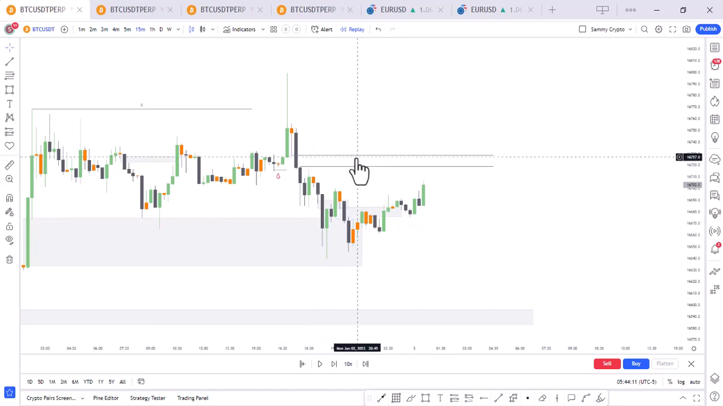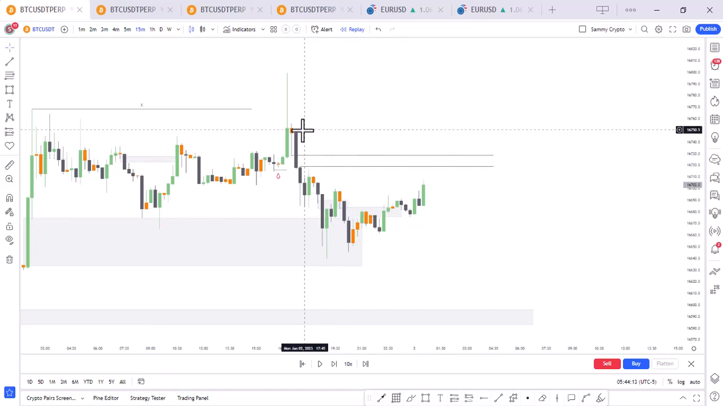This is my area of interest. That's the displacement that broke the low, and that's what I'm looking for. That's where I want to pick my trade. Alright,